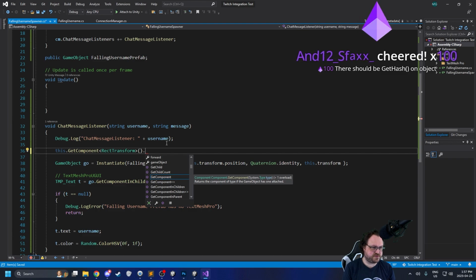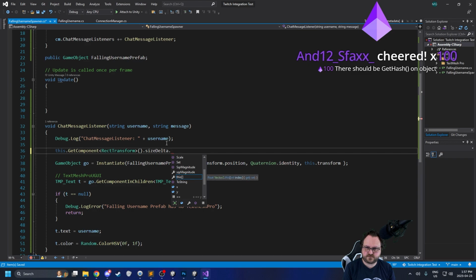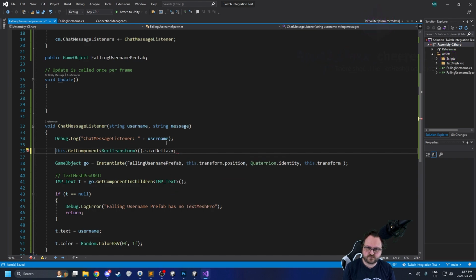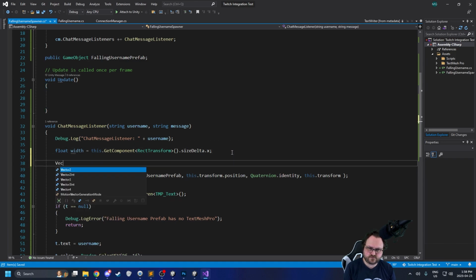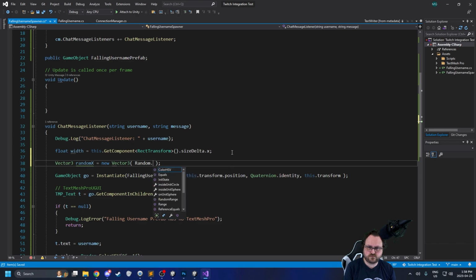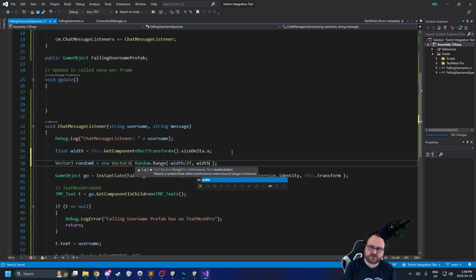Probably the thing we want to play with here is the size delta. There might be a better thing to grab the parameter I'm actually looking for, but so we're going to grab